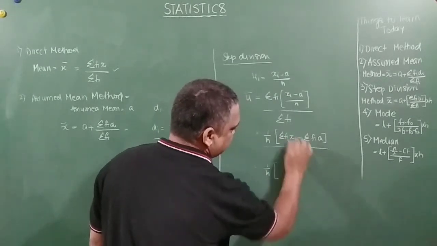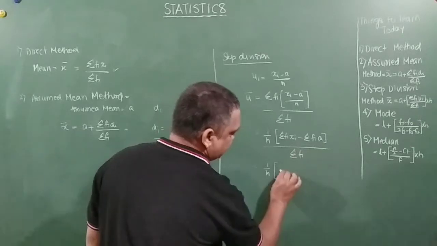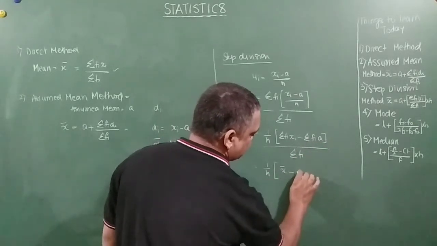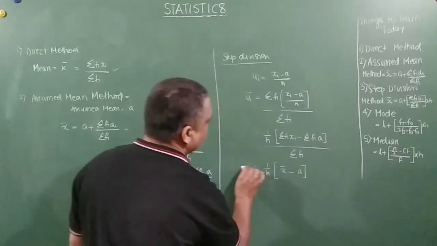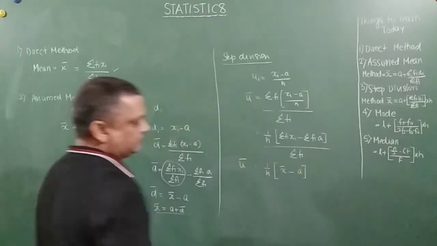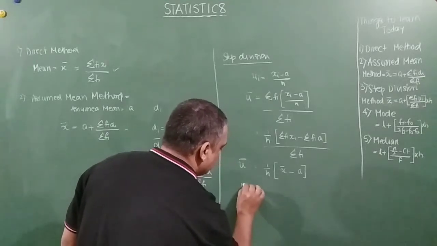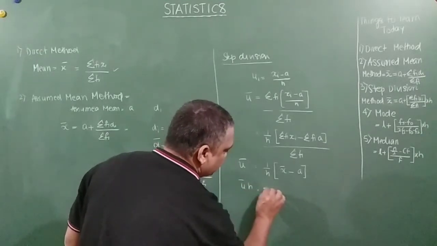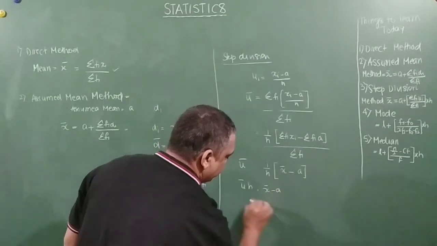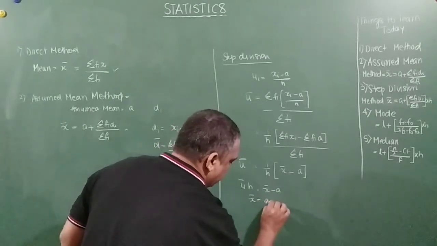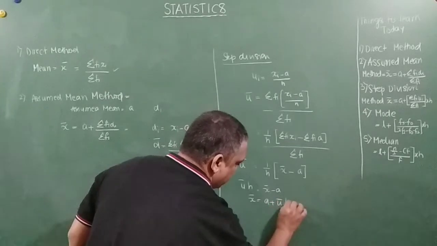When I separate this, this is nothing but X bar, minus this, which is only A, and this is all equal to U bar. So U bar into H is equal to X bar minus A. So X bar is equal to A plus U bar H,